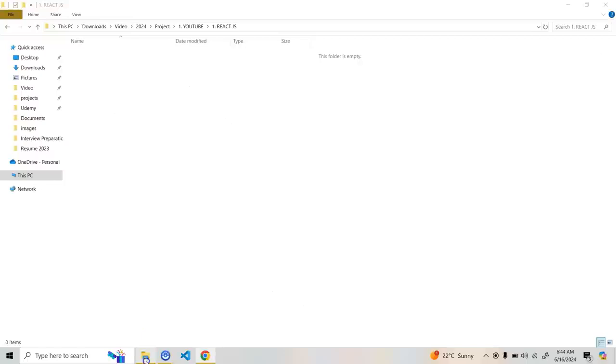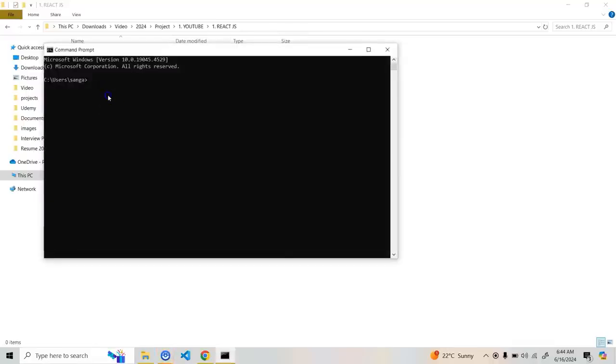Okay, so if I go back, you can see that I already created a folder. I'll just copy this path and let's go to our command line, and here I'm going to paste this path. Now here we need to use the npx command, and there I need to give create-react-app and the name of the app that you want to give. You can give any name you want. For example, I will give this one as React JS course